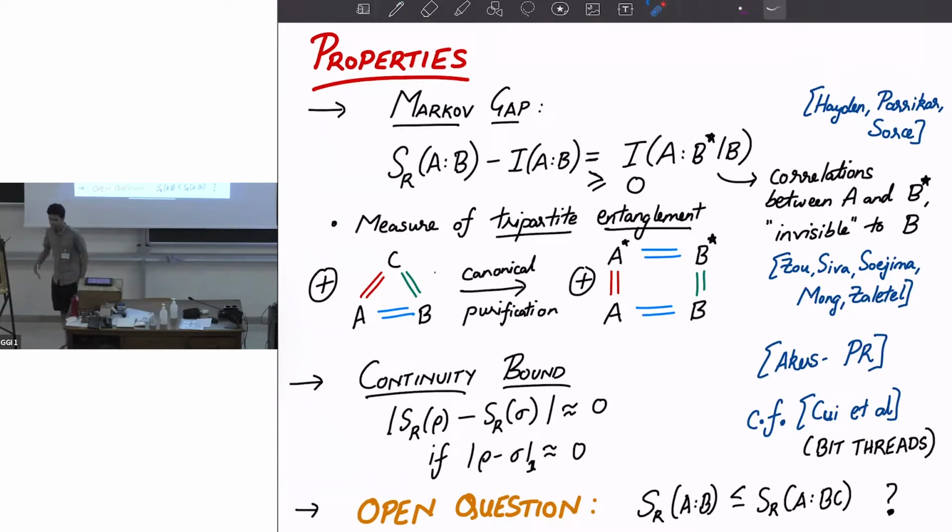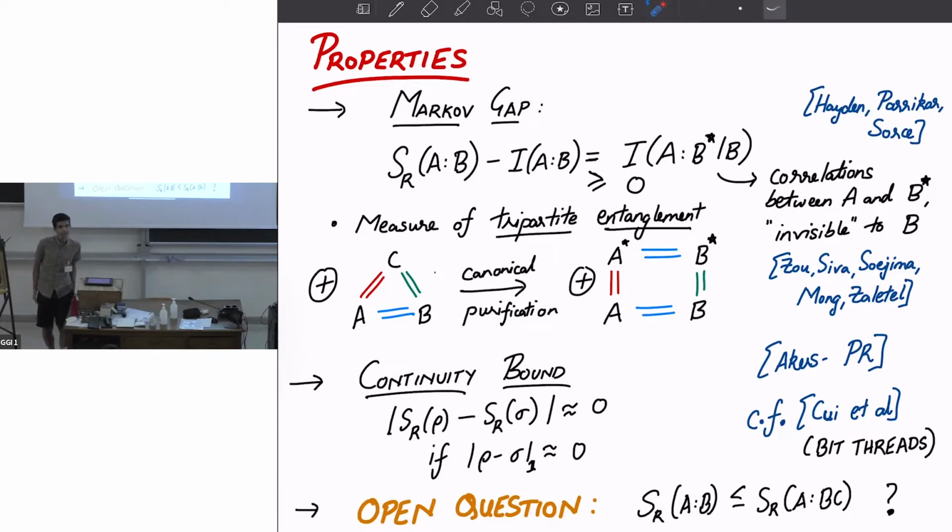And this is just an advertisement that the reflected entropy hasn't been worked on much by the quantum information community. I think it's a useful quantity that should be looked at much more, just from a QI perspective. But one thing that I can say about this is that assuming the holographic proposal, you can show this property. And so at least holographically, it seems to be true. And there's been no counterexamples in any other situations.